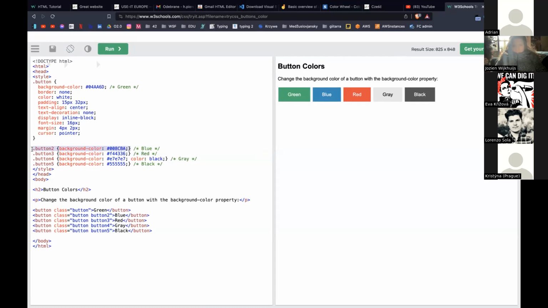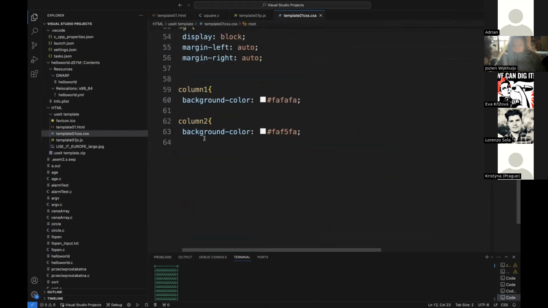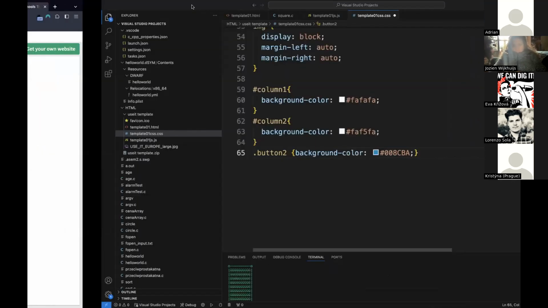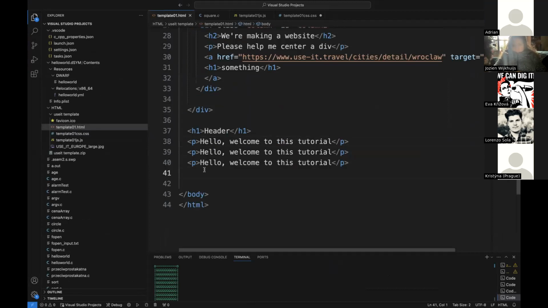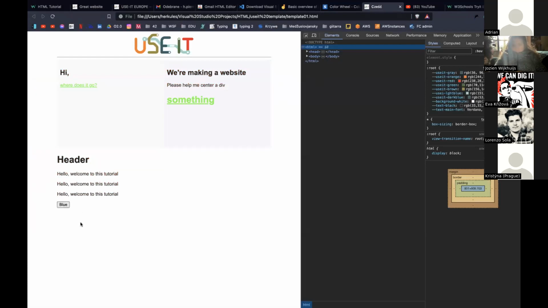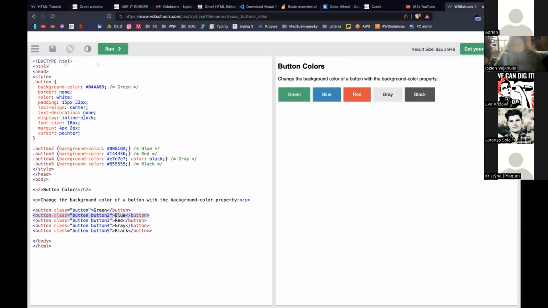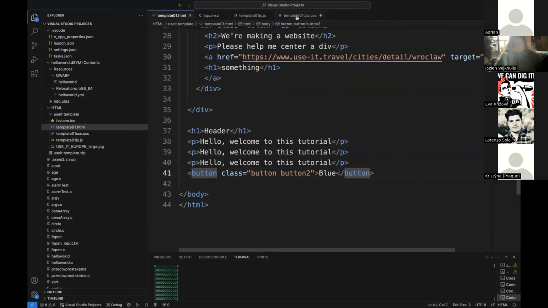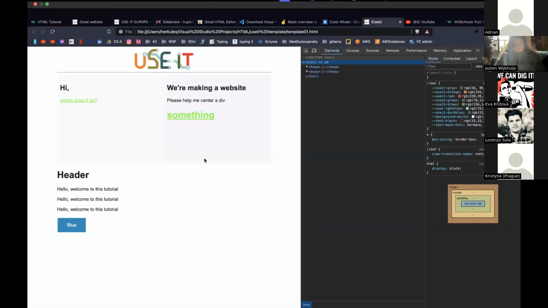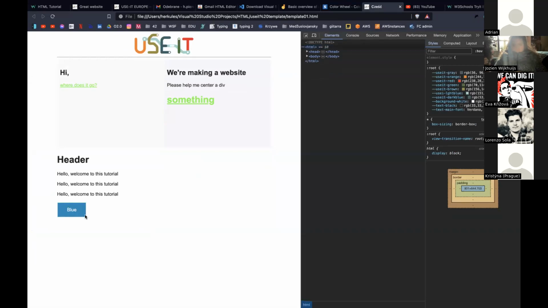So we can get a button and put it in here, and we can get another button and paste it in here, right? And we should have gotten a button that is, sorry. So we got a button which is blue. So when you want to get better,